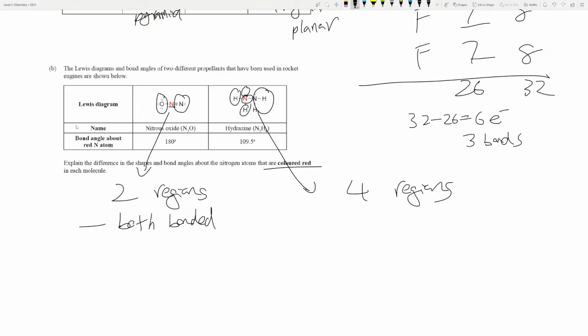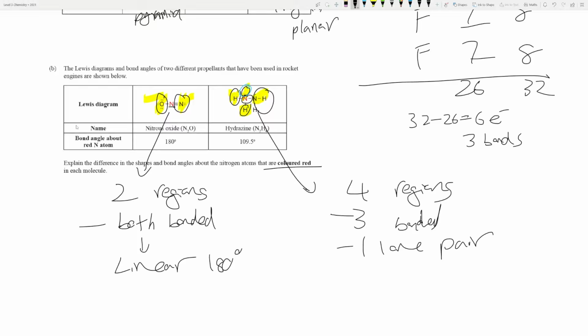According to electron pair repulsion theory, these oxygen and nitrogen will position themselves as far away as possible, and that will give you a linear shape with 180 degrees. Whereas this one, you've got 4 regions. These 4 regions will position themselves as far away as possible, but one of those, which is this one over here, we can't physically see because it's electrons only. So you've got 3 bonded and 1 lone pair. These will position themselves as far away as possible, which will give you a